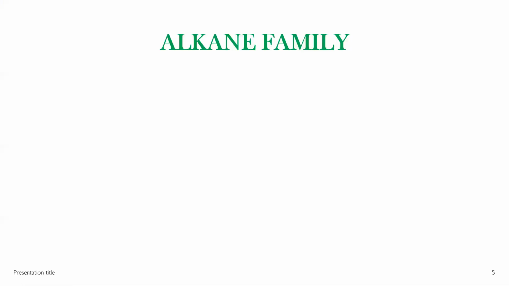Okay, now let us start the very basic family, which is alkane family. If you see, alkane family is made up of two words, alk plus ane. So what this ane means? So there are two things. In alkanes, carbon is bonded to other carbon by a single bond. Like, so just remember, bond between